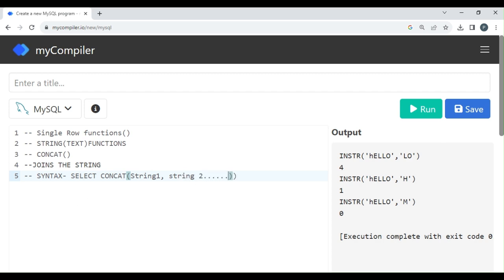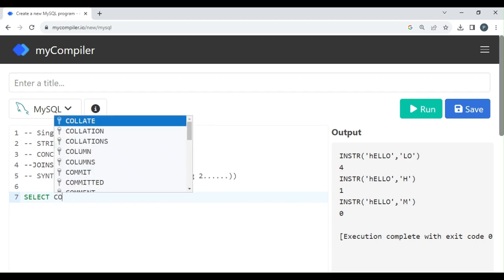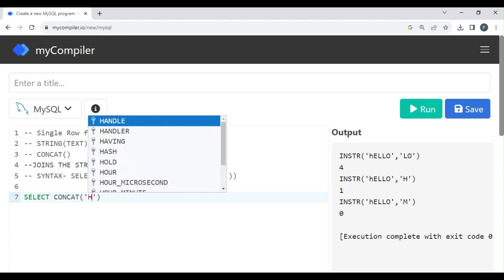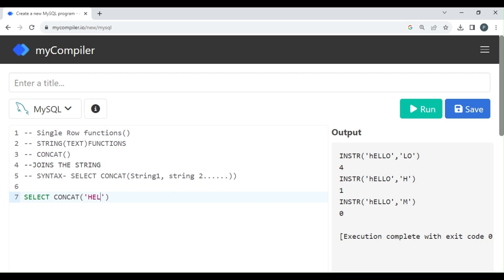If I write select concat, and the first string is hello, and then world, what it does is concatenate them. So if I run this,